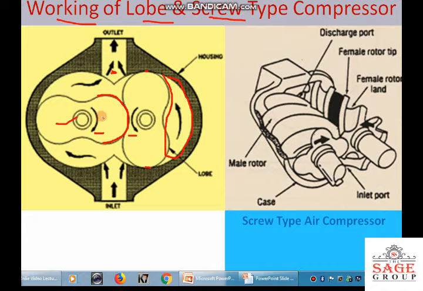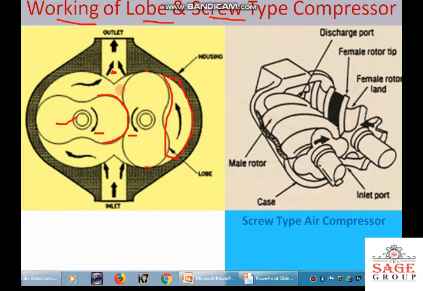One lobe has two sides, and this one also has two sides. So if from one side the amount V is trapped and handled to the receiver side, then in one revolution the 4V volume will be delivered to the receiver side. Now how does the compression take place? Because this is continuously rotating and handling the volume V from both sides, the 4V amount of volume is handled in one revolution. But the pressure of the air is not increased because this is a constant volume.